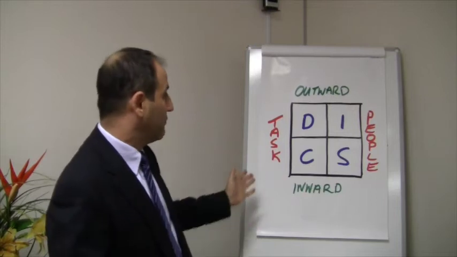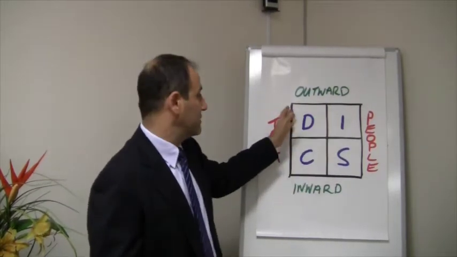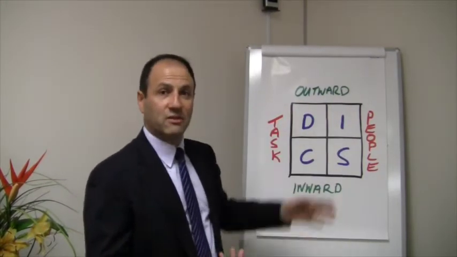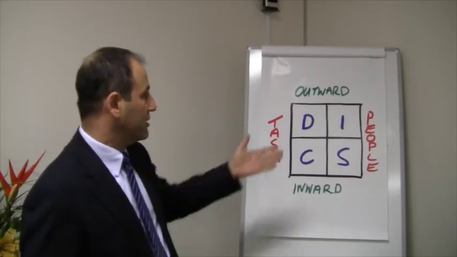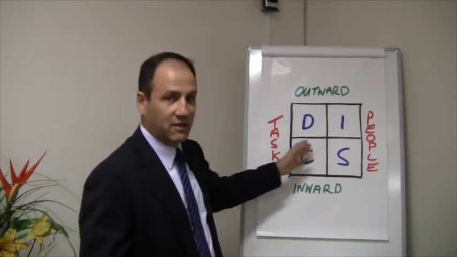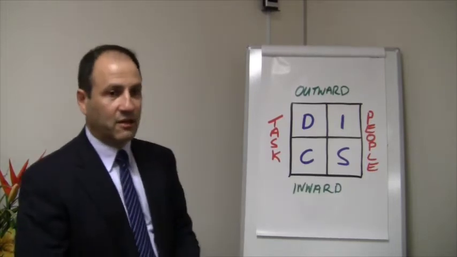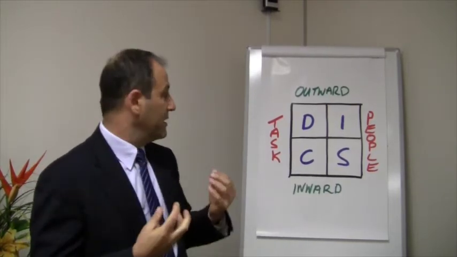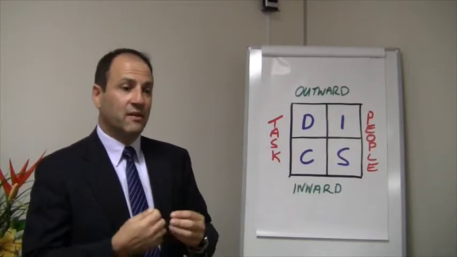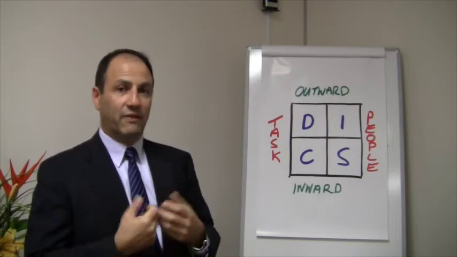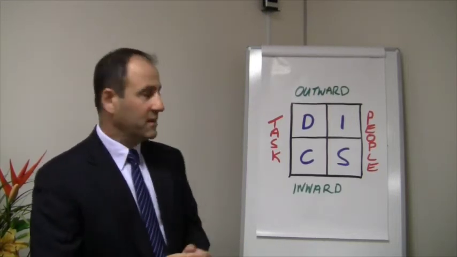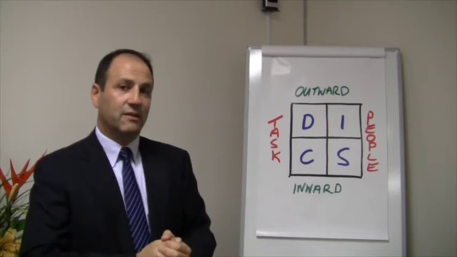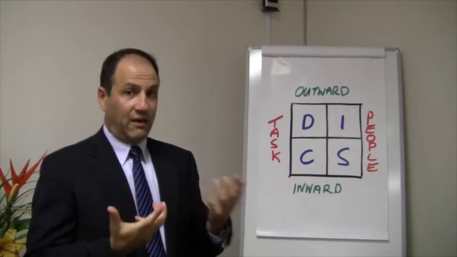Now, if we keep going around, we'll notice there's 2 extroverted personalities. There's the D, and then there's the I, which stands for influencer. Now, I is outwardly focused, but instead of task orientation, they're people oriented. So the I stands for influencer. The I personality is the sort of person that actually loves to talk a lot, and their favourite person on the planet is themselves. Now, the big thing about the I personality is that they're very gregarious,